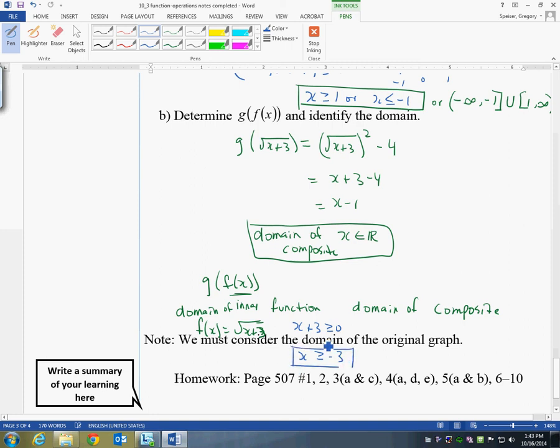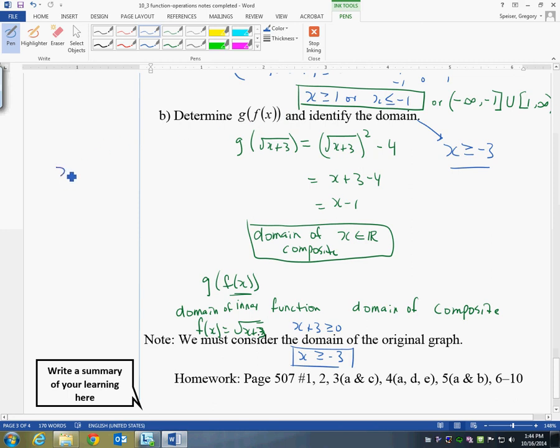So what is the domain here at the end of the day? I have to say, well, what's common between all real numbers and x is greater than or equal to negative 3? The total answer is going to be, so the final answer is x is greater than or equal to negative 3. I'm sure this is a little bit confusing right now, but when you think of what's happening here